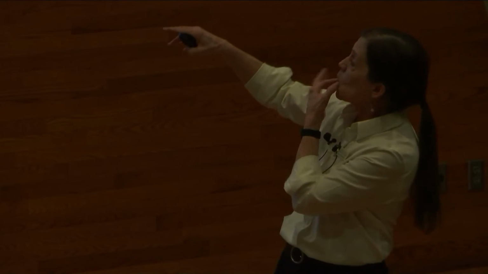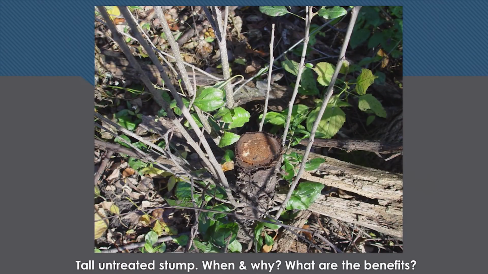So if you want to get rid of a female that's producing berries, you cut it and leave that tall stump, and you don't even have time to treat the stump right now. It's going to be a while before it produces berries again. There are a lot of places in Minnetonka parks where we haven't made it back to treat yet and it's regrown, but you still quit the fruit production and you can make that final cut later. Does that make sense? I hope that is like, wow, saves you a lot of work and you don't have to do it all immediately. Do it when you want.